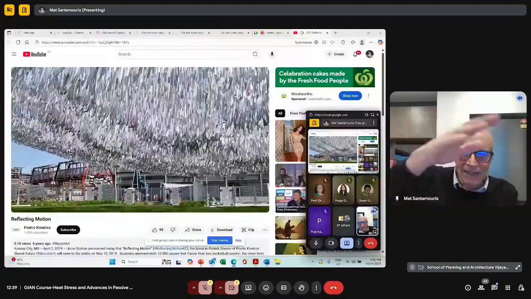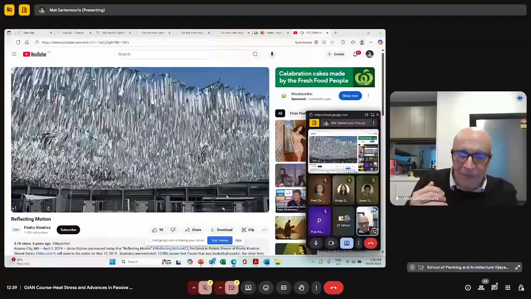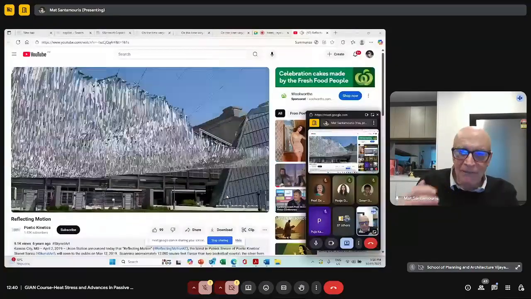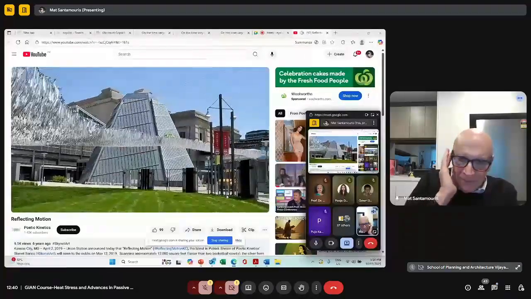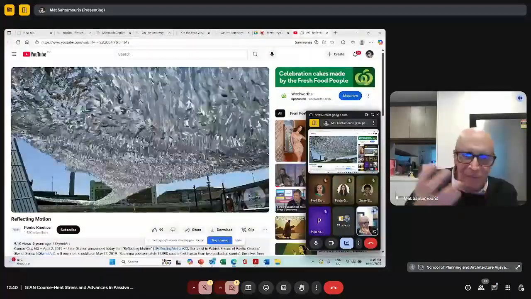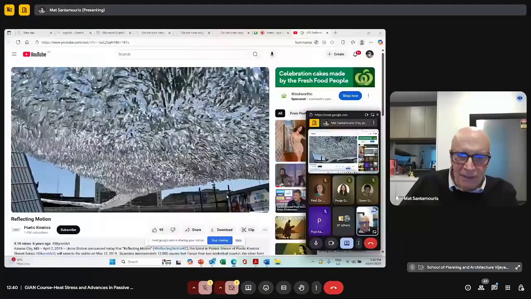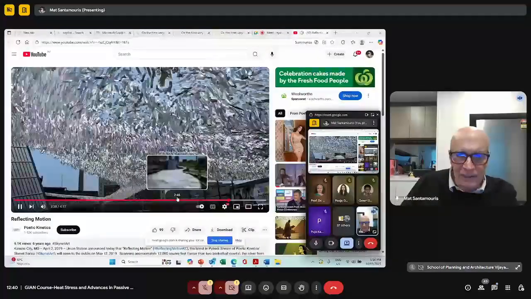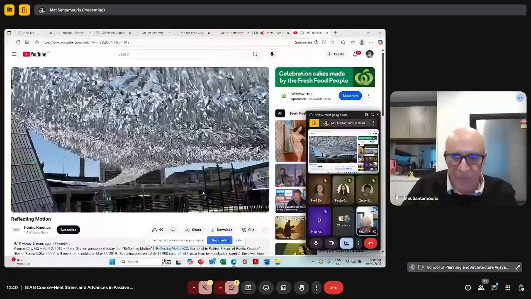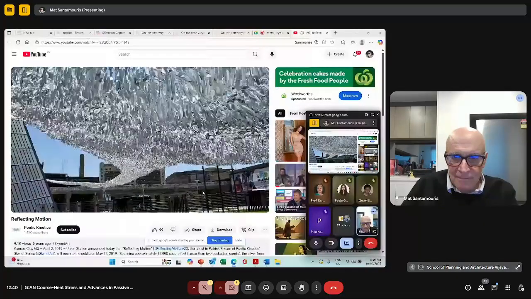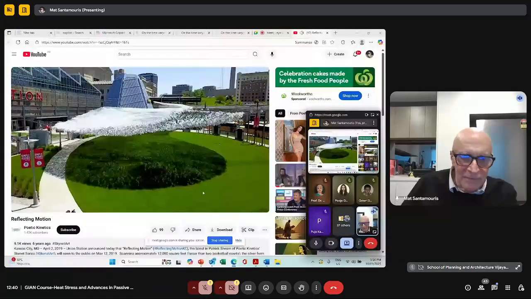So you can have shading at any place you may wish, really. And apart from the benefits of shading, you also have the benefits of cool materials. And now, if I'm not wrong, there are about 30, 40 large applications all around the world with very interesting results. It is impressive.